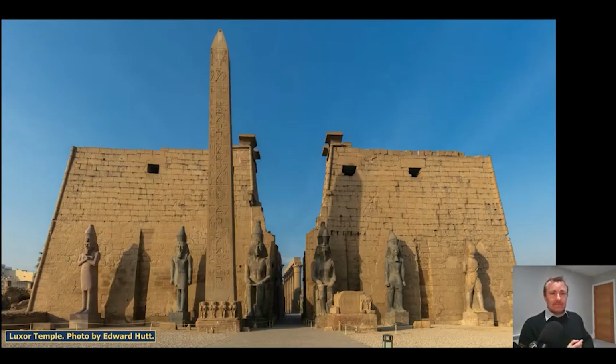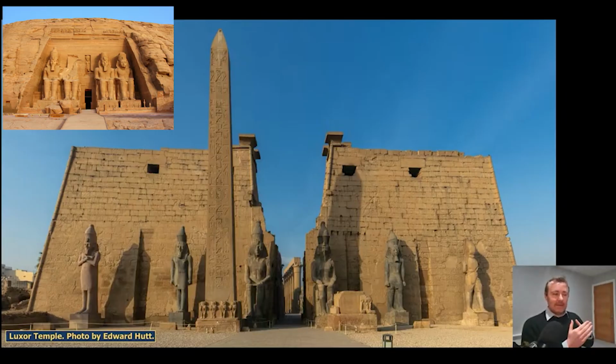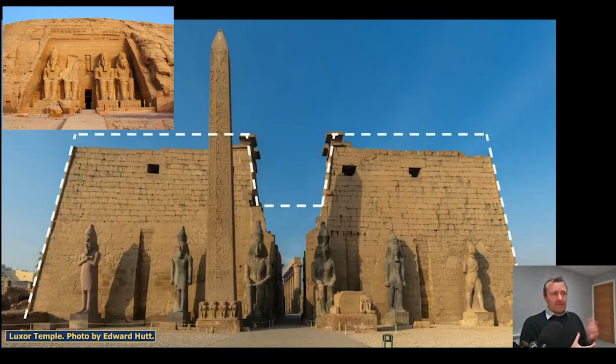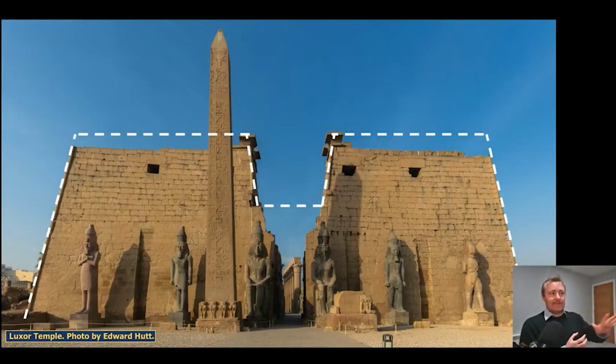The physical design of the temple of Abu Simbel is basically an inverted version of your classic Egyptian temple. So we have the classic one from Ramesses II, which is Luxor Temple. This pylon and these statues were erected in the reign of Ramesses II, although probably his father Seti actually started it. Anyway, the pylons are supposed to look like this. There is meant to be a giant lintel